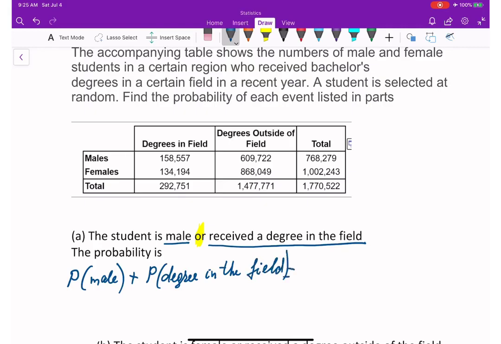So let's find out. Probability of male, it's going to be here, 768. And then receive degree in the field. Where is it? Here it is. Receive degree in the field, 292. So which is going to be